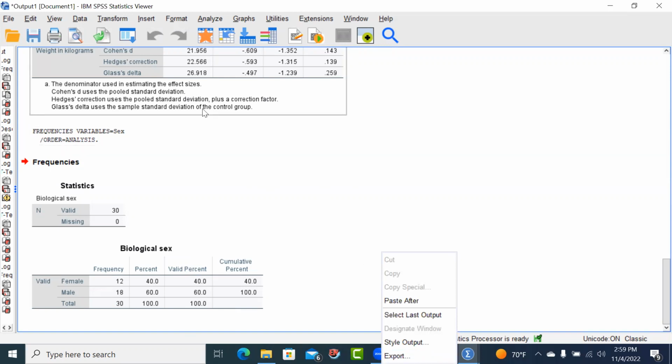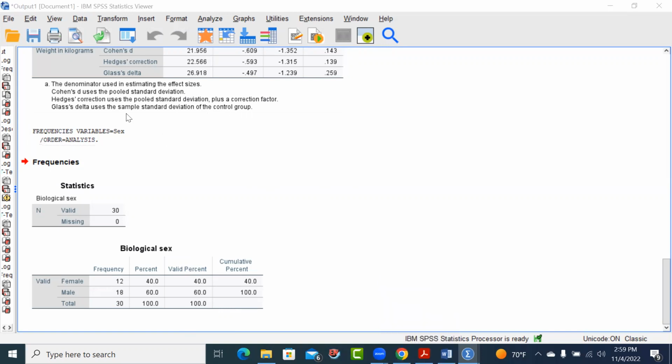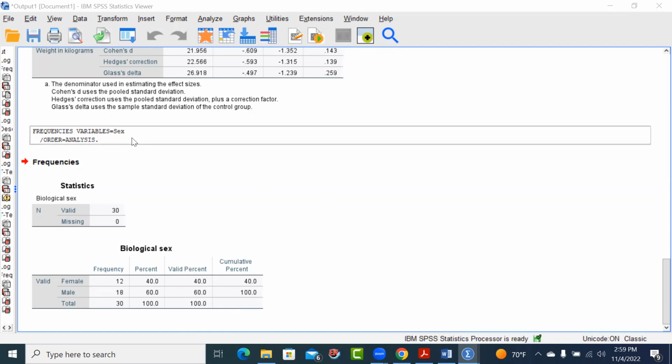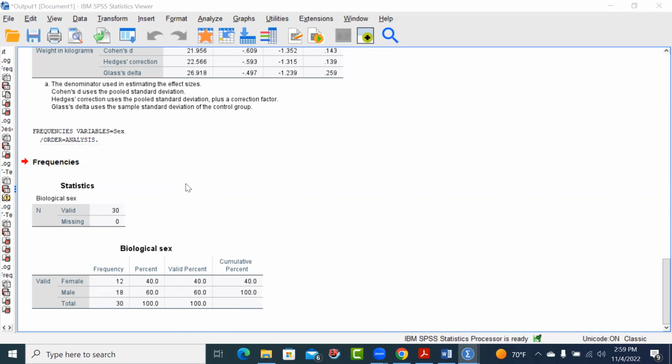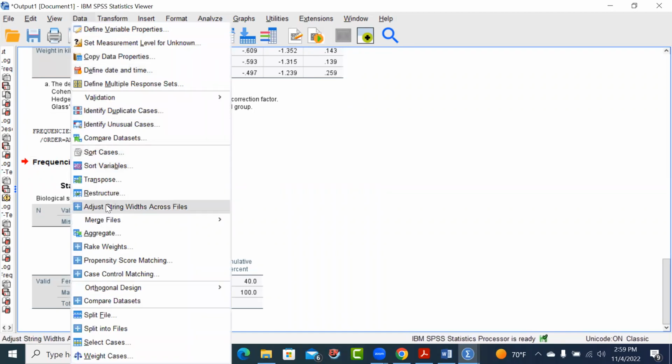To make the comparison between males and females, there's 2 different ways you can do it. One is just to do it through the analysis. When we do a t-test, you will get means and standard deviations for each sex. You'll just get that. But I'll just show you how to split the file, because this is in itself very instructive. So if I want to split this file so I can compare males to females, what I'll do is